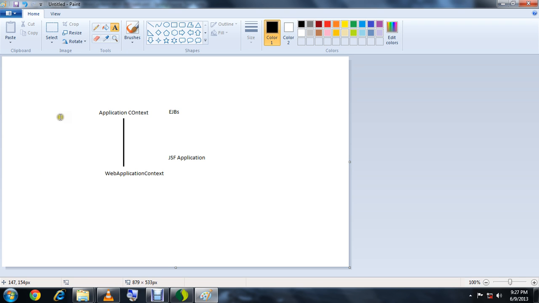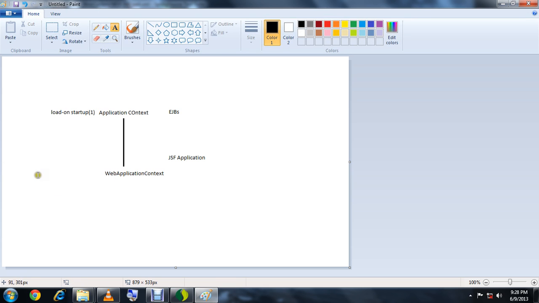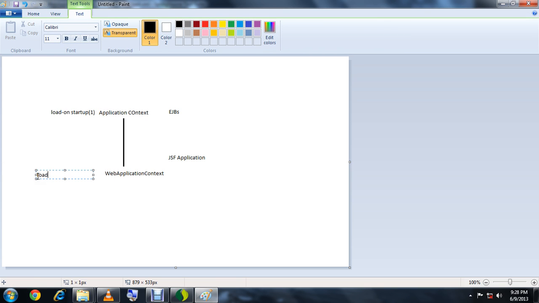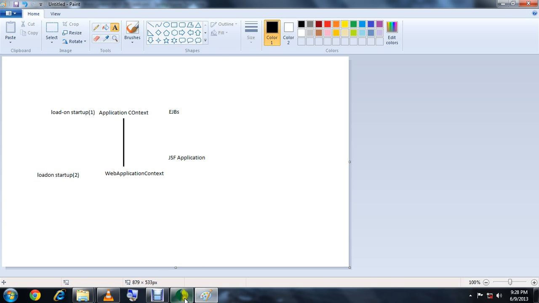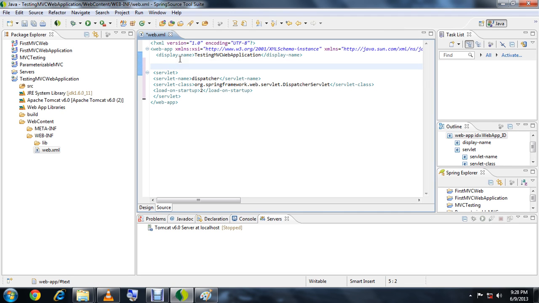That's why the load-on-startup for this one is 1, and the load-on-startup for this application we are going to put as 2. To load the application context,